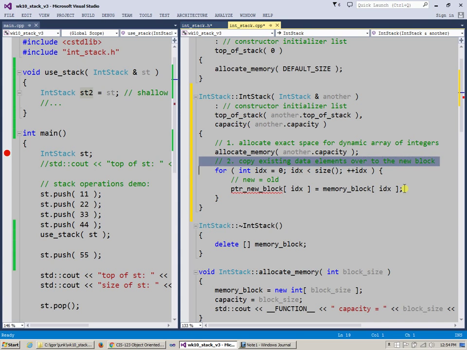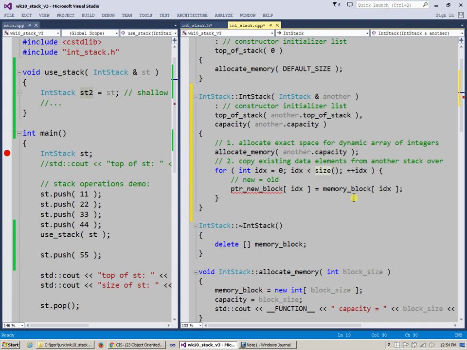And number 2, copy existing data elements from another stack over, right? So we copy over to our own copy, and so I create this loop, and I say, look, this other object that exists out there, notice the use of reference,